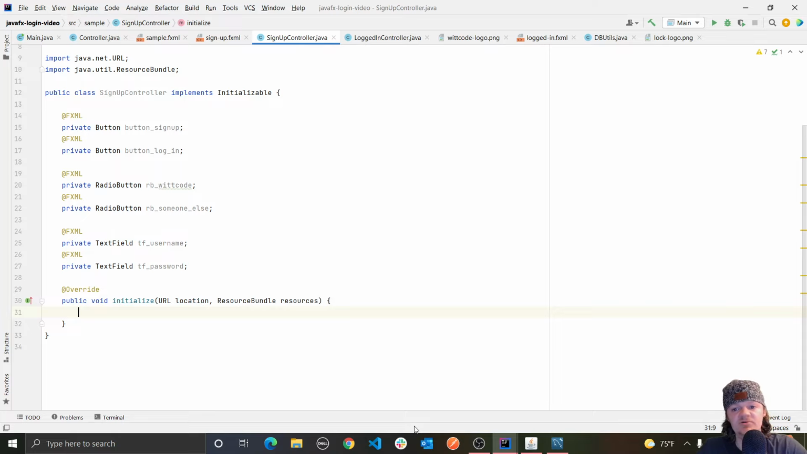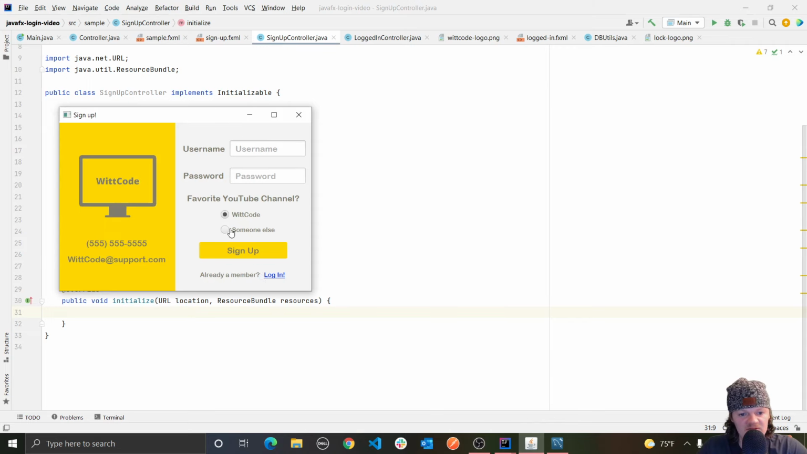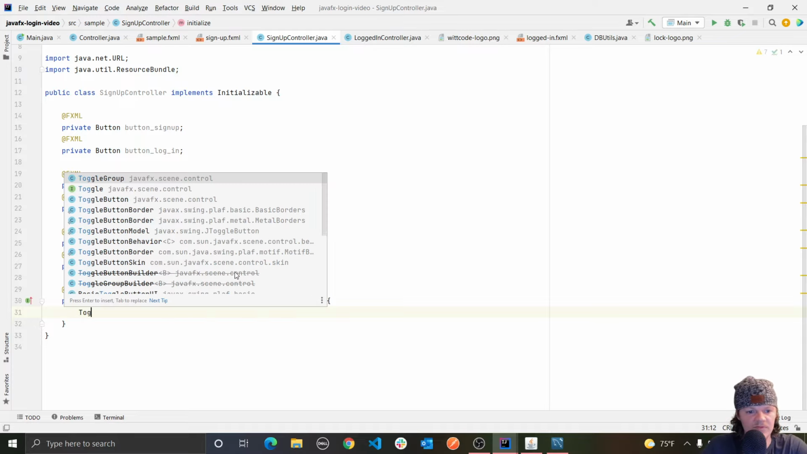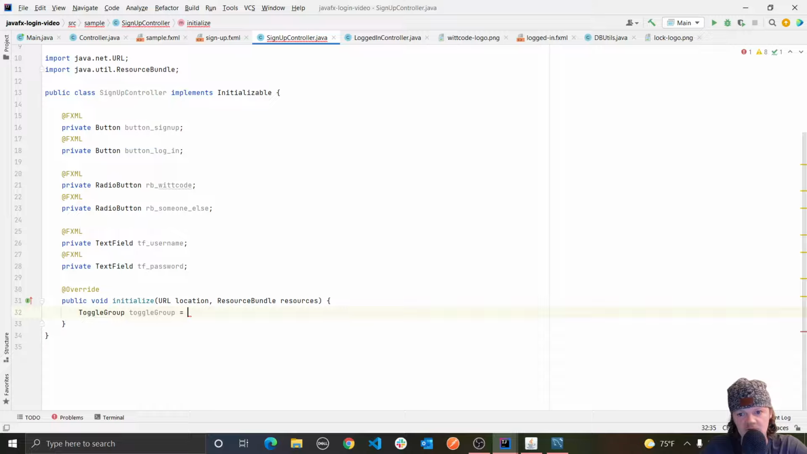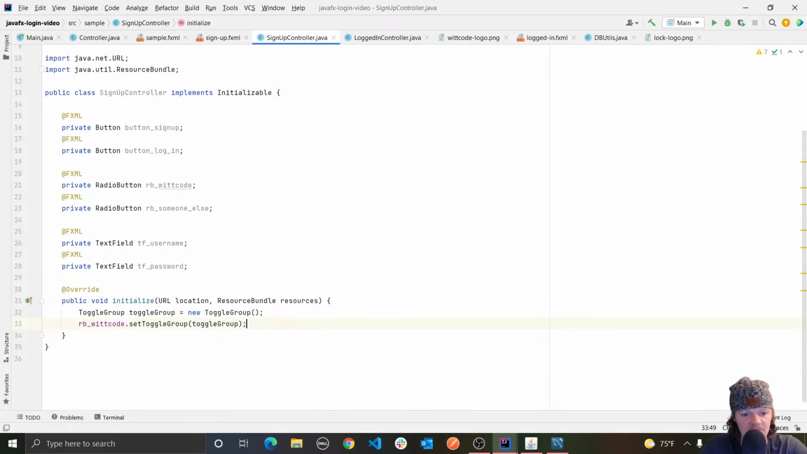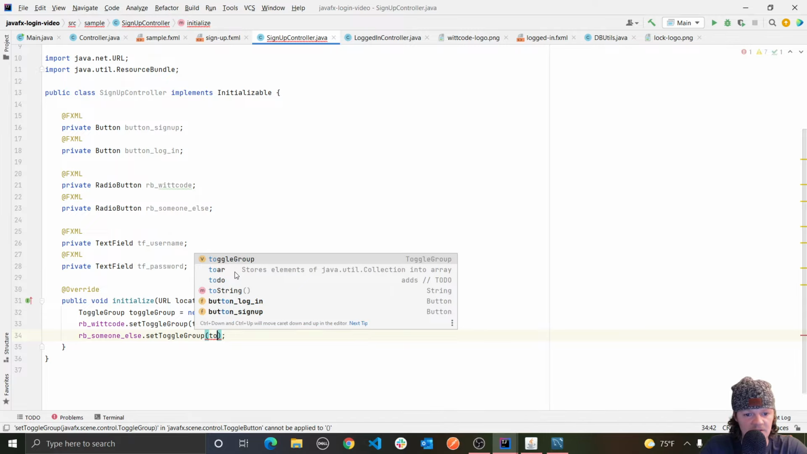And now the only real difference between our login controller and this one is the presence of the radio buttons. And to associate our radio buttons together, so this is a radio button here. It's basically just something where you can only have one clicked at a time. And so we need to create a toggle group and then set the toggle group of each radio button to be that toggle group so we can group them together. So this is done through ToggleGroup toggleGroup equals new ToggleGroup, and then we will do rb_wit_code.setToggleGroup to be toggleGroup, and then we'll do rb_someone_else, and we'll set that, not selected, but setToggleGroup to be that toggle group